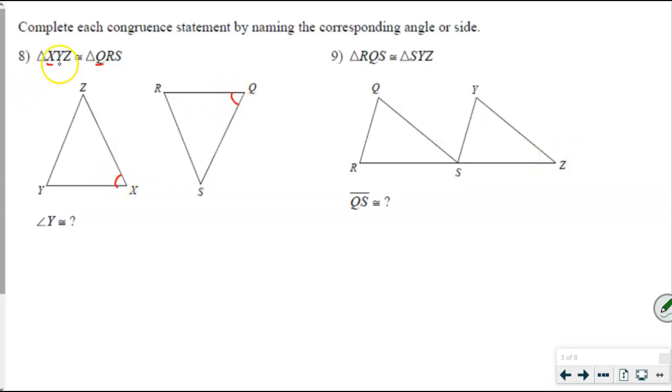Let's keep on going. Y and R. So here's Y and here's R. And lastly, Z and S. So here's Z and here's S. Okay, this is important. Not only just for angle Y is congruent to angle R,